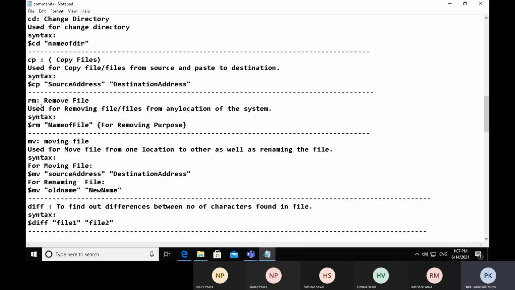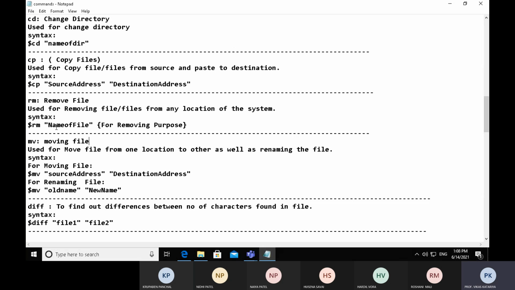Now the purpose of the remove command is that it is used for removing a file or files. And the syntax of the remove command is rm in small letters followed by the name of the file or the location of the file.